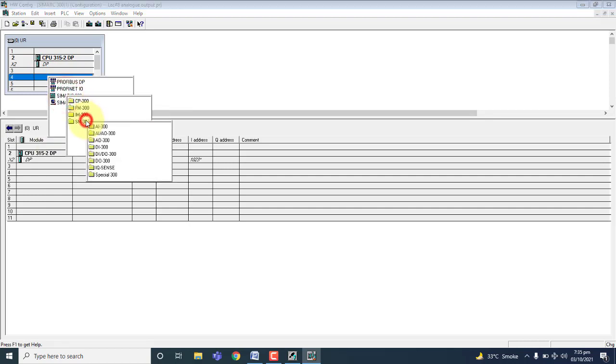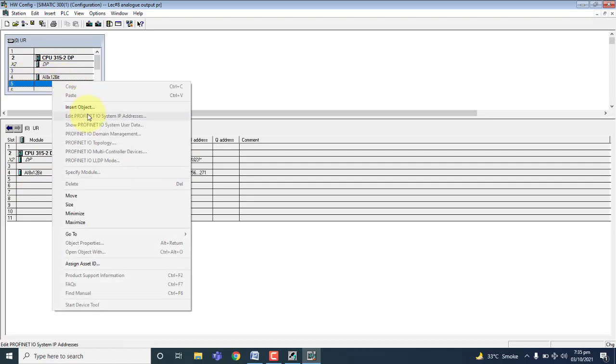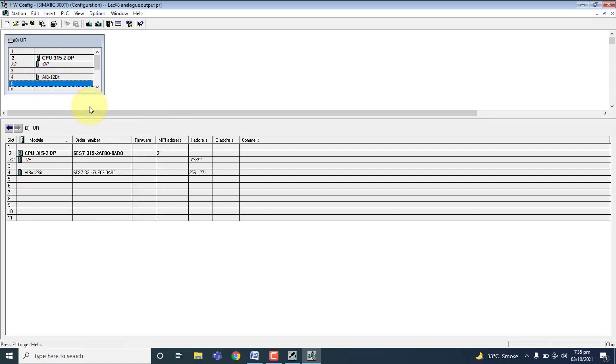SIMATIC SM300, AI stands for analog input module, and we will add this one. Okay, this is our analog input module, and in the fifth position I will add the analog output module. That's our today topic.